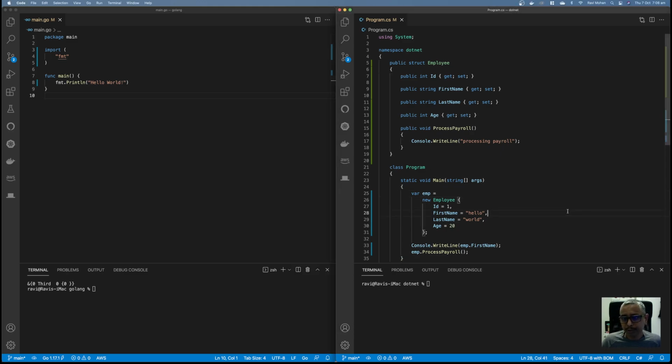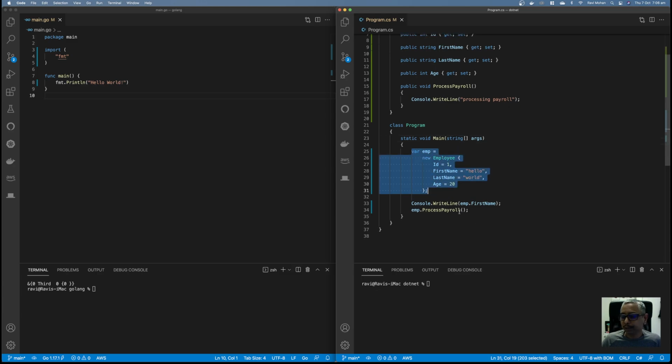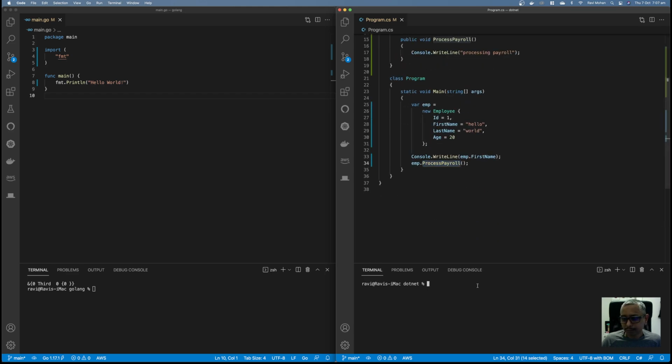So on my right here, I've got a simple C# program. We are declaring a struct of an employee. We've got some properties and we've got a method. To create an instance of the employee, you would basically new the employee and then you can call the method on the struct. And if I run this,